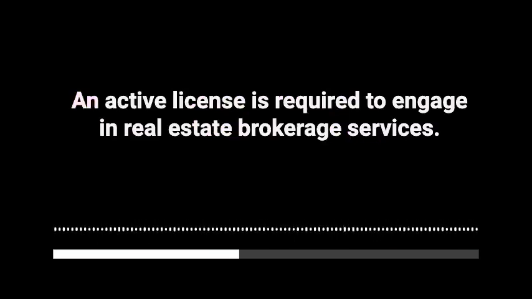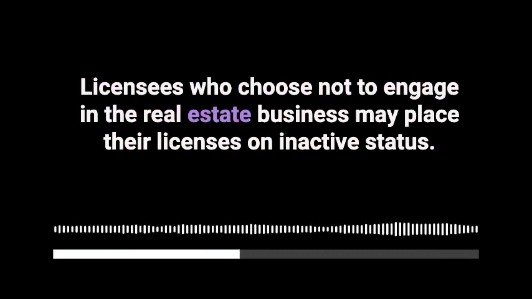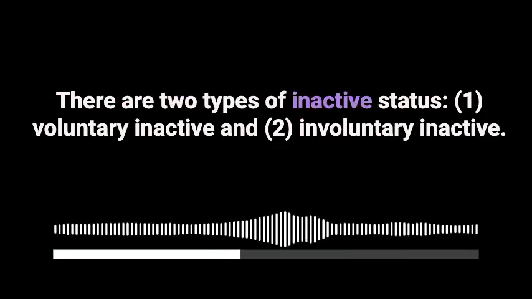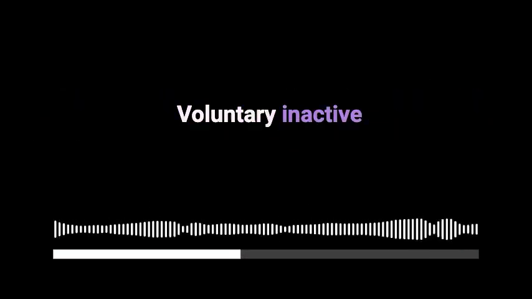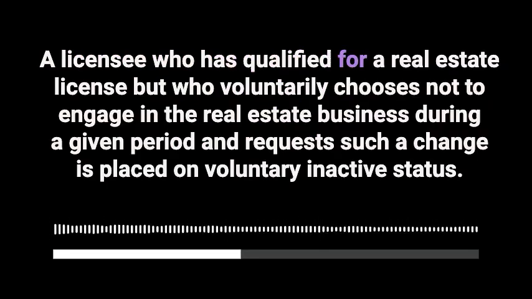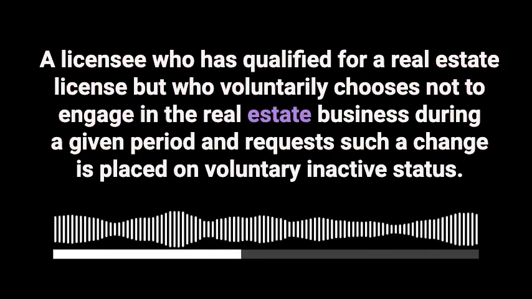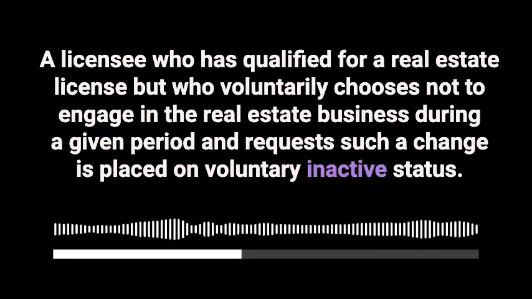License renewal periods. Active versus inactive status. An active license is required to engage in real estate brokerage services. Licensees who choose not to engage in the real estate business may place their licenses on inactive status. There are 2 types of inactive status: voluntary inactive and involuntary inactive. Voluntary inactive. A licensee who has qualified for a real estate license, but who voluntarily chooses not to engage in